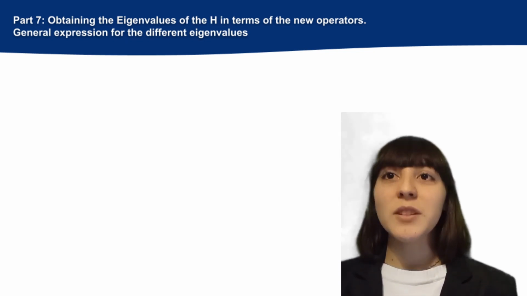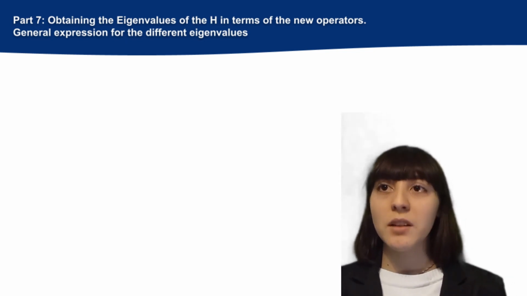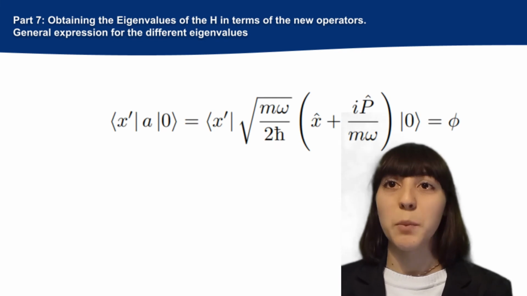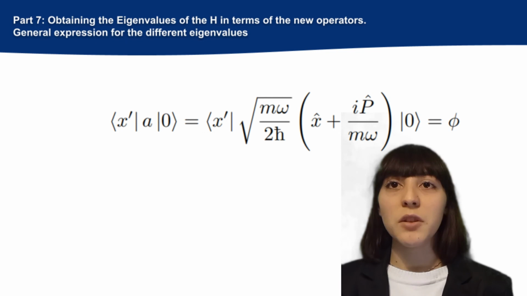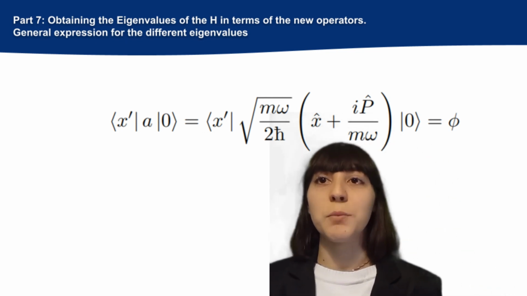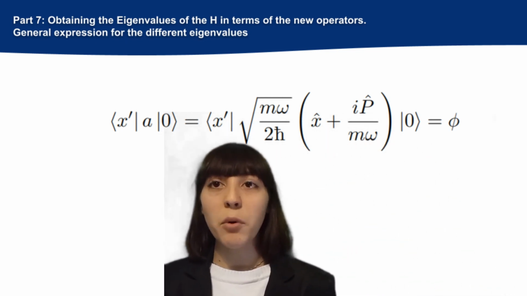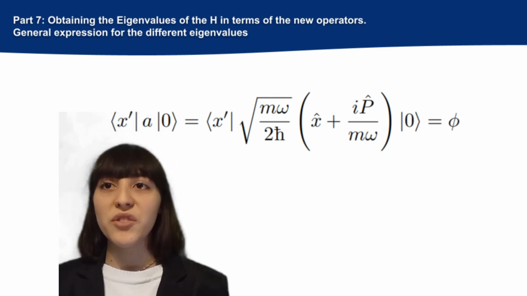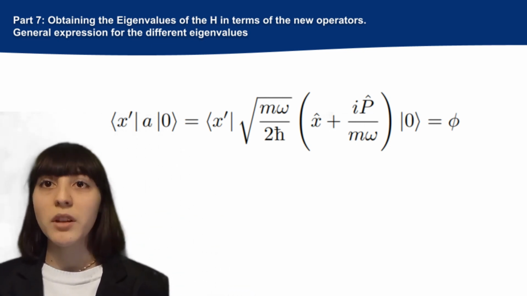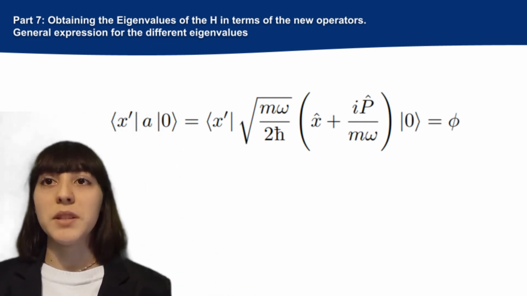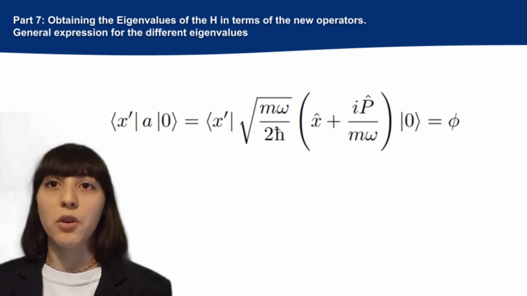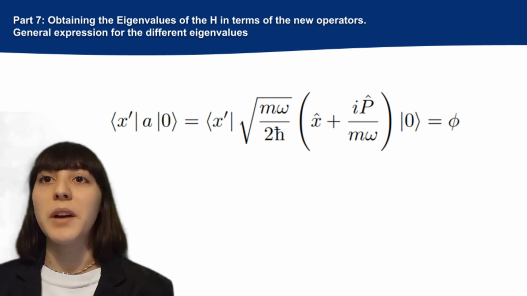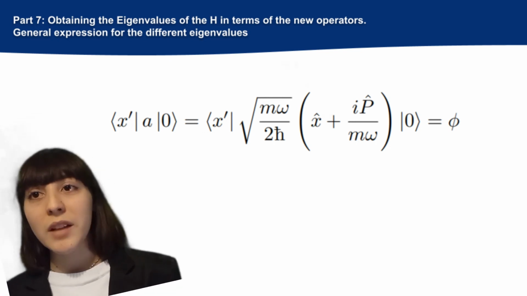The representation in space of the ground state will be obtained on the basis of the descent operator, which applied to the 0 ket should be the null ket. This is because the descent operator makes the eigenvalue decrease by 1. If we apply this hypothesis to x prime and we replace the descent operator with its expression, which is the square root of m times omega divided by 2 times h-bar, multiplied by x plus the coefficient of i times p divided by m times omega, we get this